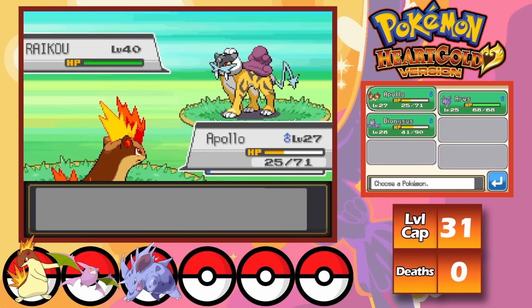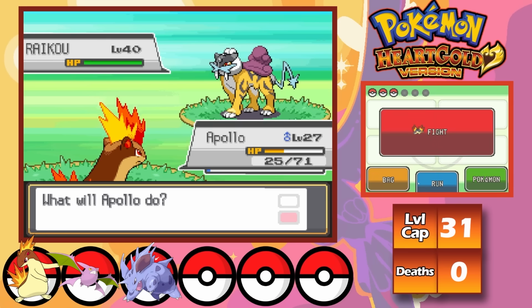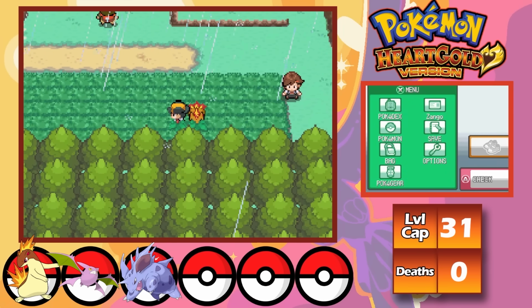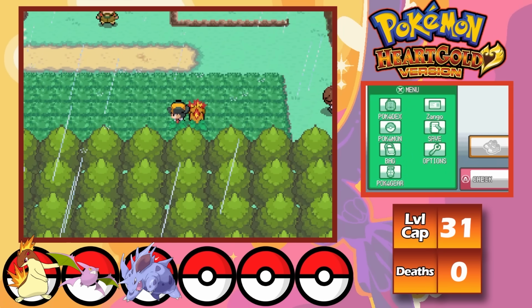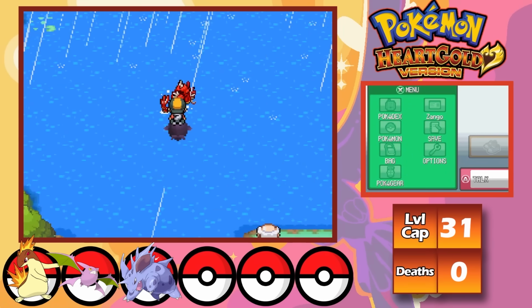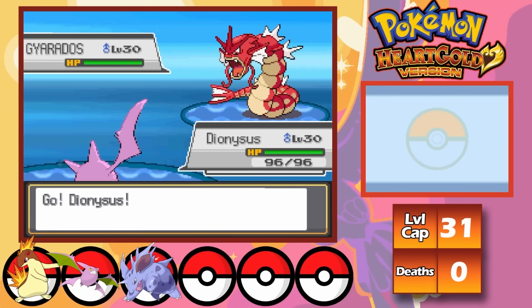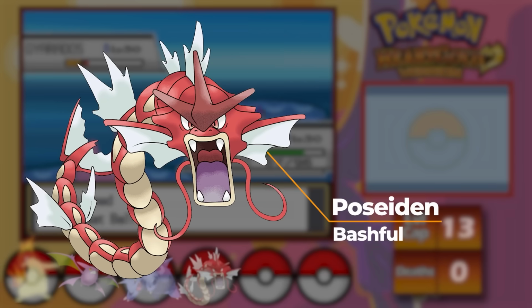Eventually, I find myself a route where Wooper can be found, and while I'm searching, I end up finding a Raikou, which is horrifying to fight against. Luckily for me, Raikou decided to flee, so me and my team are safe, as now I catch myself a Wooper and go to get a shiny Gyarados. It takes me a while to get the big fish in the ball, but eventually I do, and nickname Gyarados